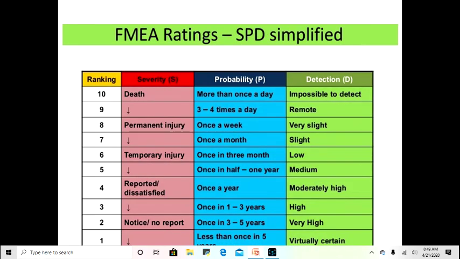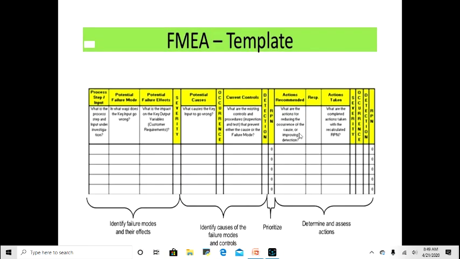So you will quantify everything and put it into a table and calculate, and then you have to bring those into control. So this is the simplified table of how the grading is given, right? In case the previous table is very difficult to follow, this is very simple to follow. Severity is death, once a year, or how probable, how it is occurring, and what is the detection level. So it's a simple table that has been modified for the ratings. This is a standard template for all the pharma sectors to follow.